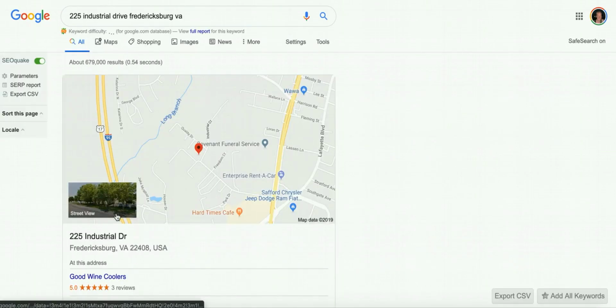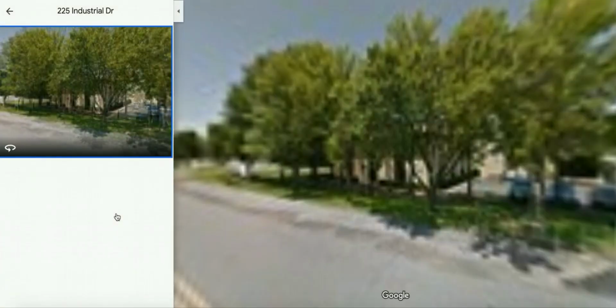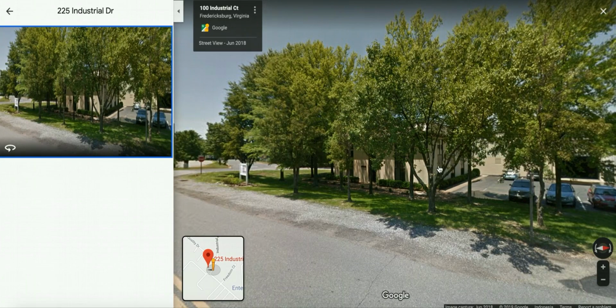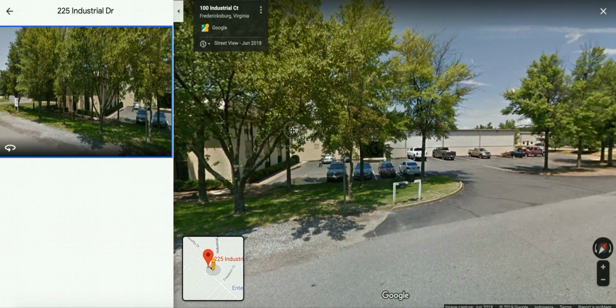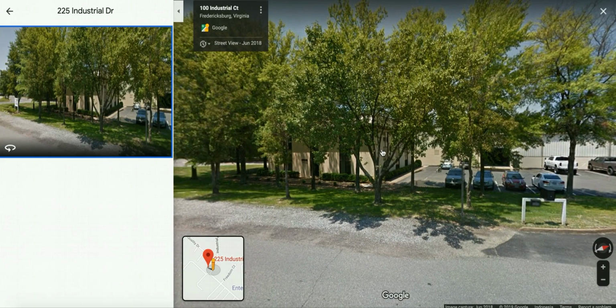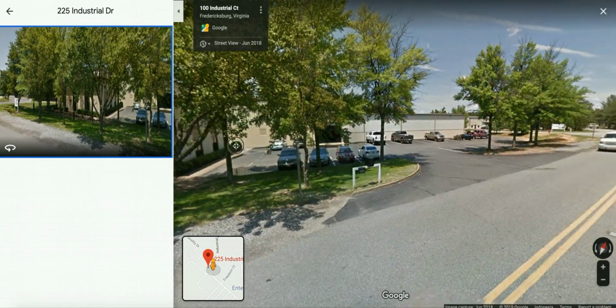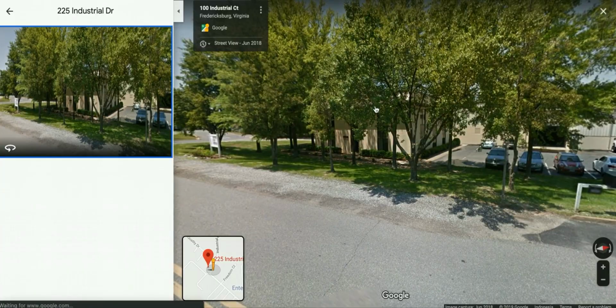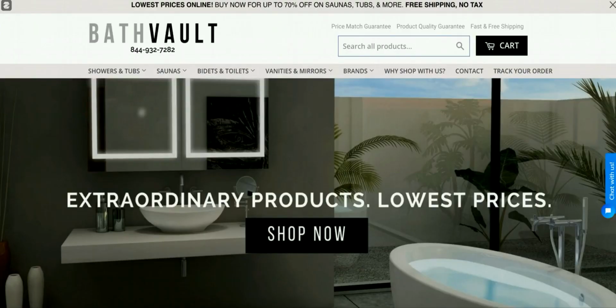Looking from the outside, I just want to gauge whether it's actually some sort of a UPS store, shipping address, or virtual office, or if it's actually a retail location. Because usually the suppliers will give bigger pricing discounts to actual retail store locations, whereas with virtual offices or UPS stores, or even a fulfillment warehouse, they're not going to give you pricing discounts based on that kind of an address. So it looks like it's not, and I'm not sure what they're doing there.